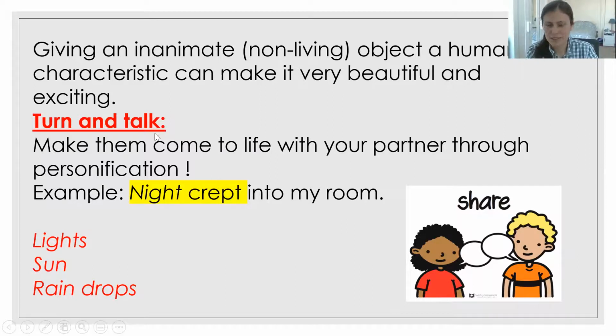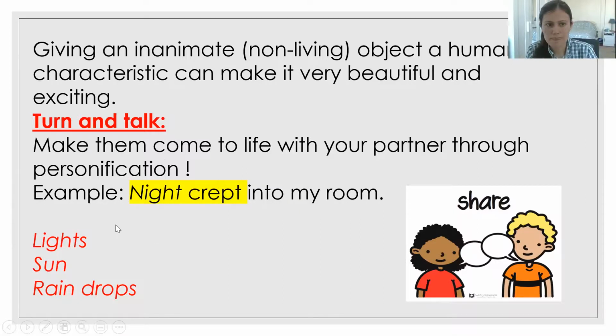Yeah? So now you're going to find, like we did before, your cat, Misha. You're going to find your dog, Sasha. You're going to find your favorite toy. Or you're going to find your mom or dad or grandpa or grandma or a sibling. And you're going to have them as your turn and talk partner. So go ahead, pause my video, find a partner, and then we'll continue. So for turn and talk, you're going to use these words. You see these words I have in red? Lights, sun, raindrops. You're going to try using these words and make your own personification.